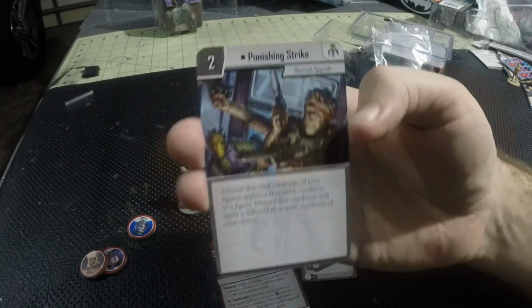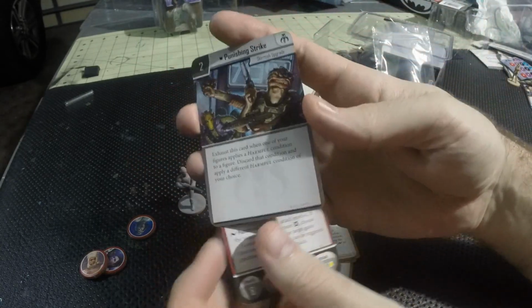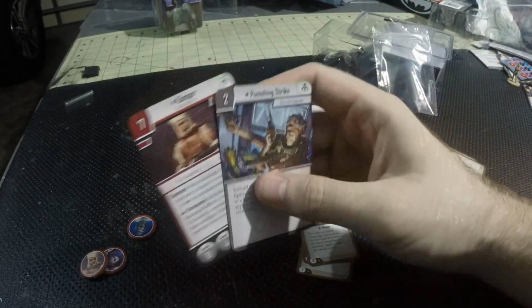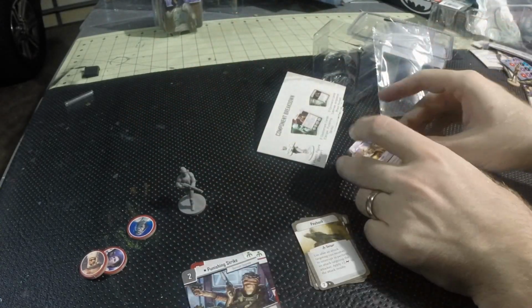So that gives you options, especially if something like Dengar becomes powerful, or if people start using like sand troopers, or not sand troopers, but anything that can weaken, like the Tusken Raiders, for example. Let's see, we've got